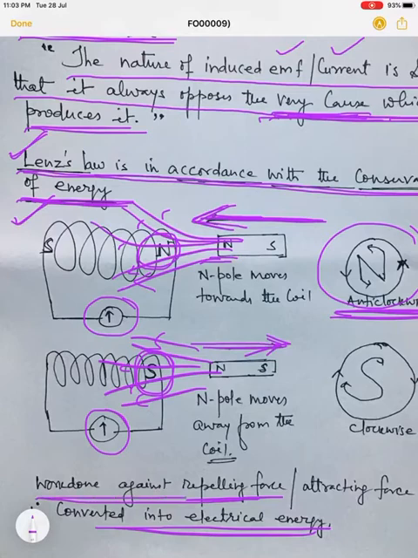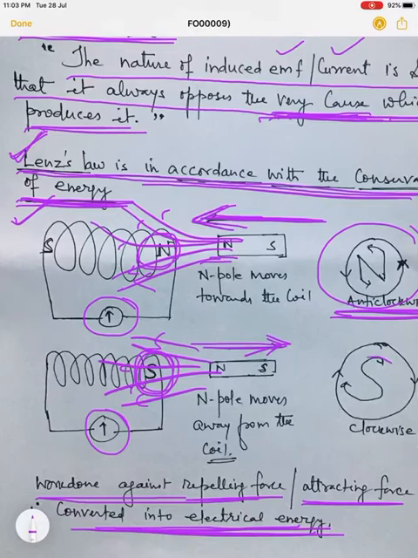So again, the work done against this attracting force is converted into electrical energy. So the EMF induced or current in the coil is actually the conversion of this work done against this attracting or repelling force. This explains that Lenz's law is in accordance with the conservation of energy,